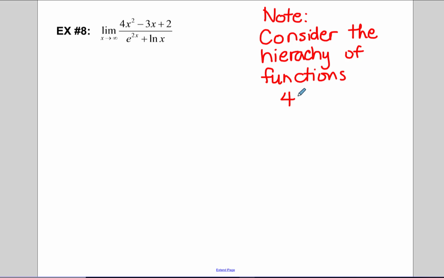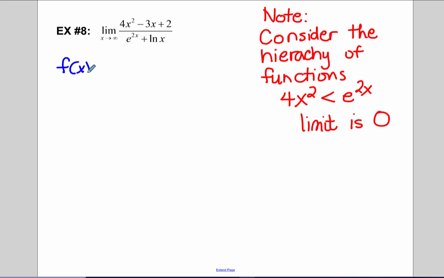And we know that 4x squared grows slower than e to the 2x. E to the 2x is much faster. So if you think about that, you would have a small function, a smaller large number in the numerator, and a much larger large number in the denominator. So we could reason through that and the relative rates of growth, and we could know that the limit is going to be 0. But if you don't know that stuff, or you needed to show work, let's say f